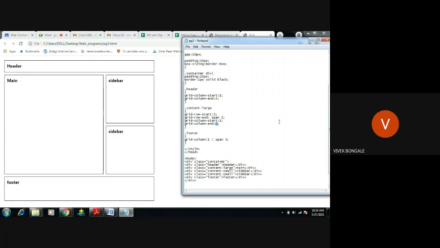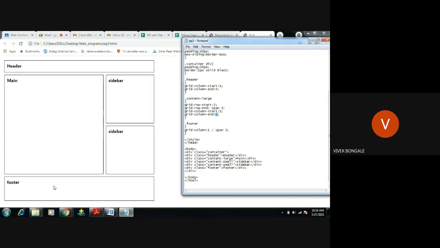Okay, now footer. This is the footer now. For footer, I have given the class name like footer. Right. So grid column span 3 means I am using 1 row. We can write it like this or we can write it like this. 1 row and I am spanning 3.